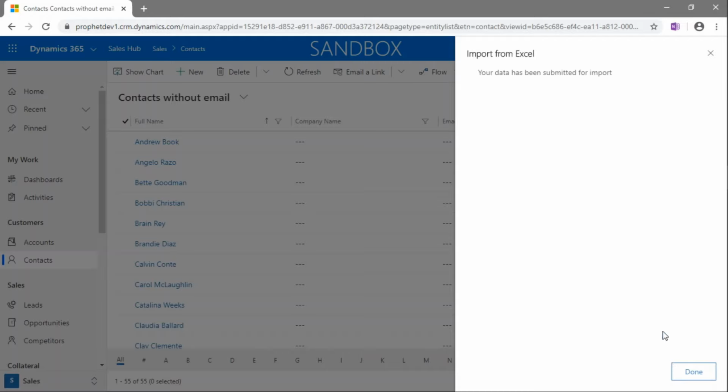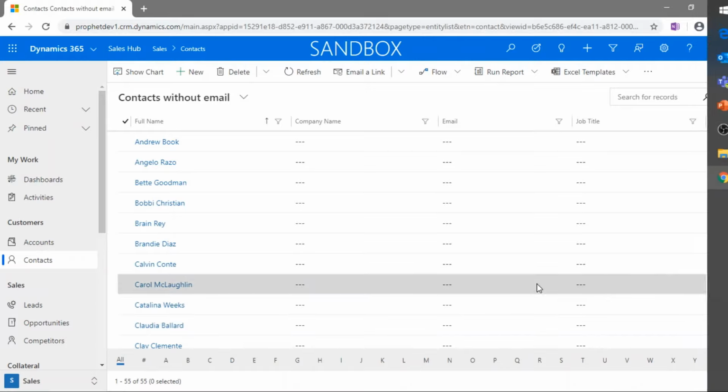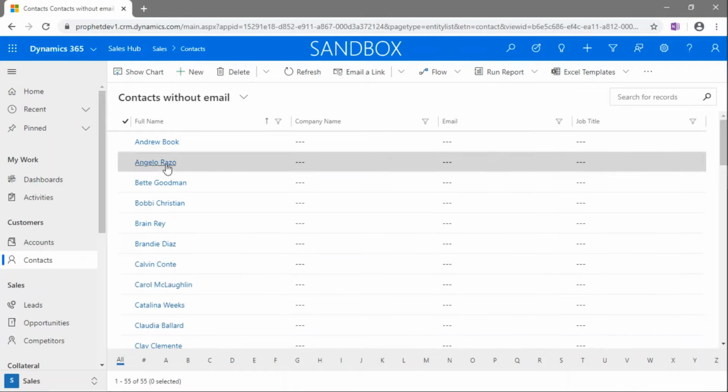So here it just said that it's submitted for import. So it's going to the import wizard and doing the import for me. That can take a few minutes. So we will see